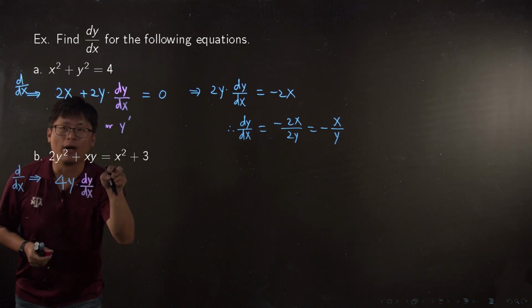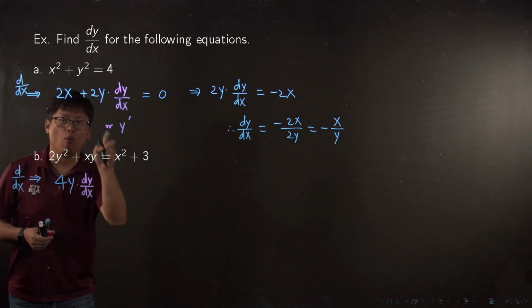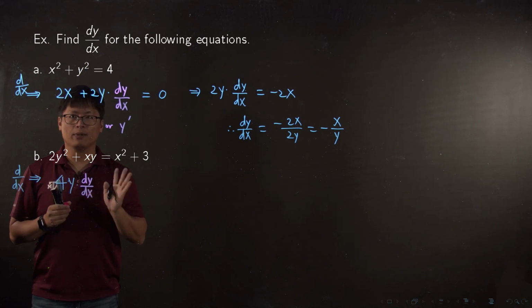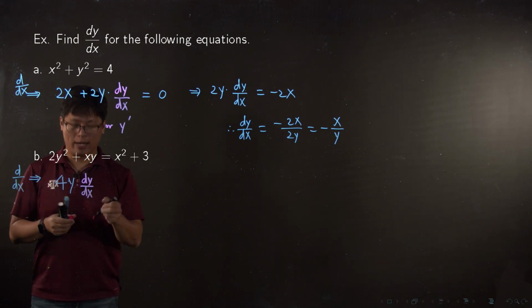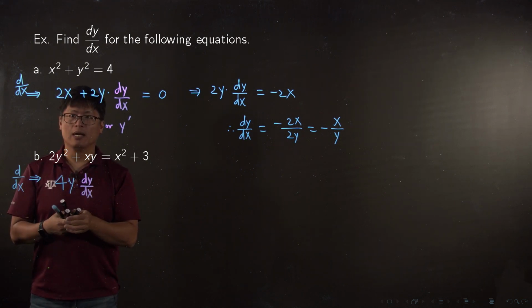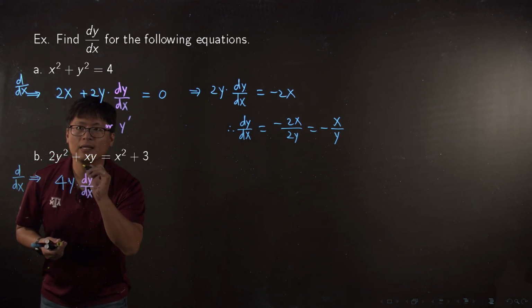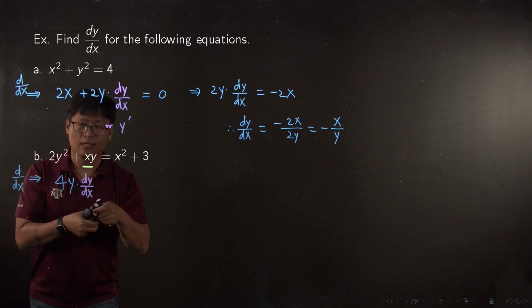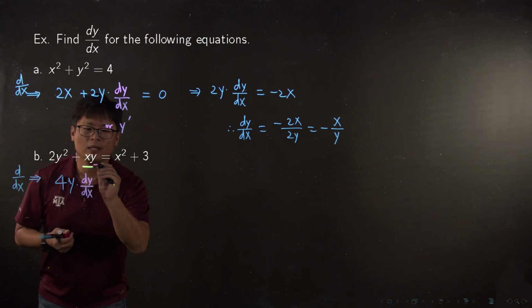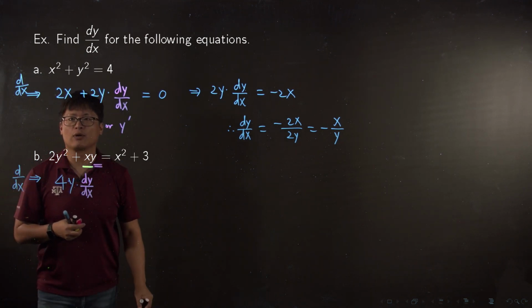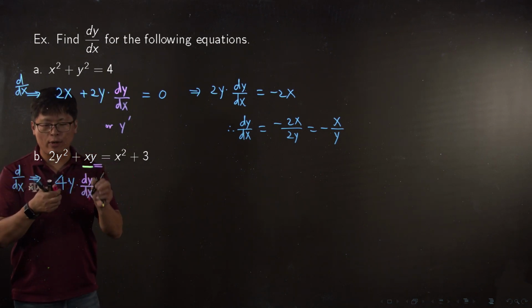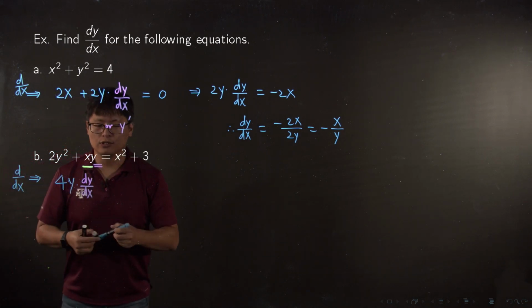Troublesome, x times y. X times y. There's no shortcut, but you have to do the product rule, right? So I'm talking about two parts. Here we go. Let's say x is the first function and y is the second function. Is that okay? No matter what, you have to do the product rule, okay? Here we go. So plus,